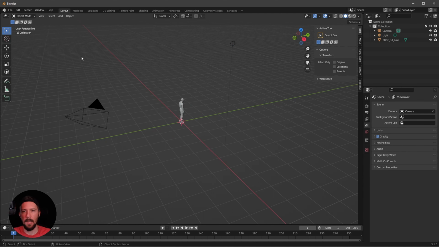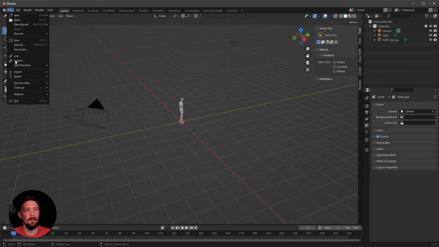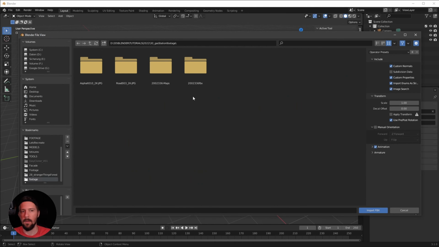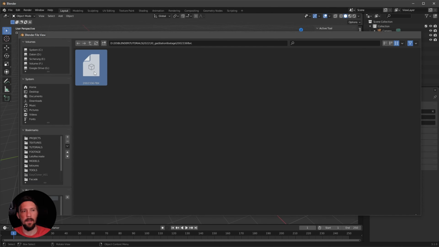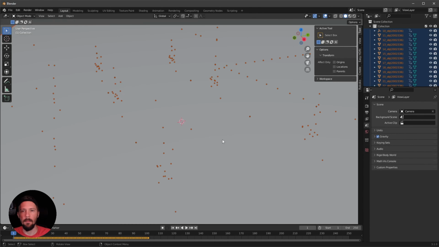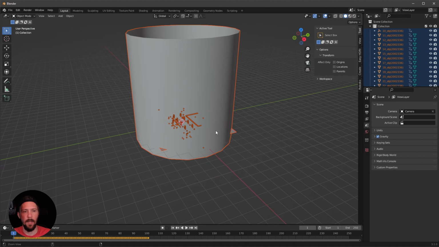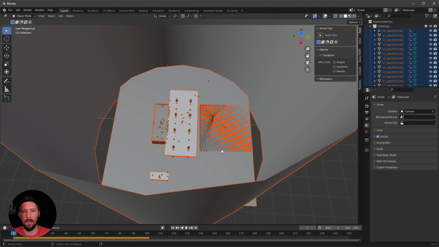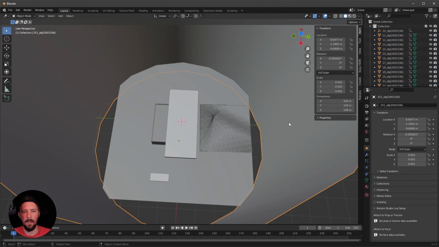We don't want to use this one. Let's import an FBX. I will put a link for the gas station in the description. We want to bring in this one. And as we can see, we now have a lot of stuff which we don't need. So first of all, let's